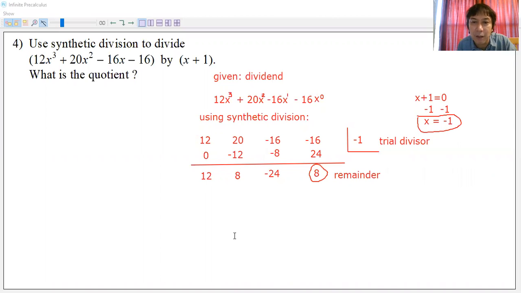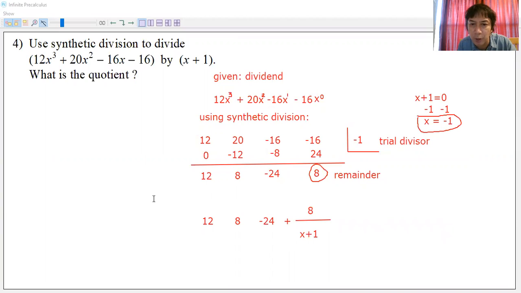There. Okay, now the quotient. All right, so we are going to enumerate the coefficients for the quotient. All right, this will be 12, 8, -24, and you have a positive 8, so that would mean a fraction here, plus, and then you have to put that fraction line, and on top will be occupied by the positive 8, here, you write the positive 8 there, and then below is the divisor x plus 1, there.